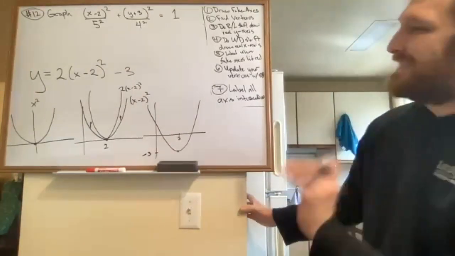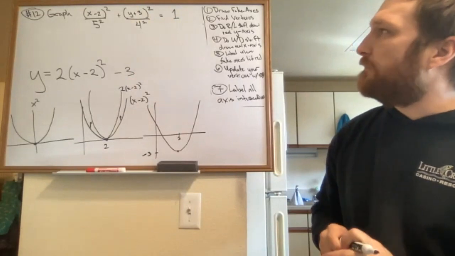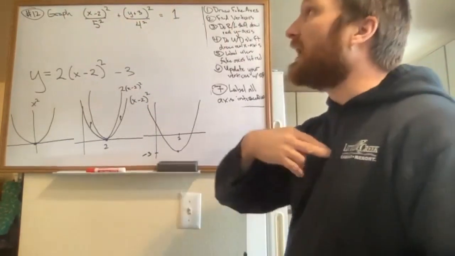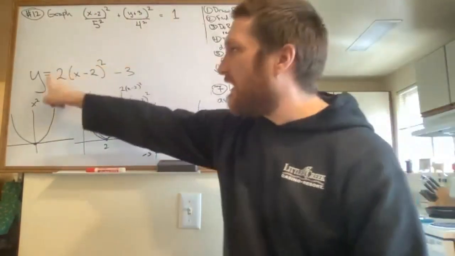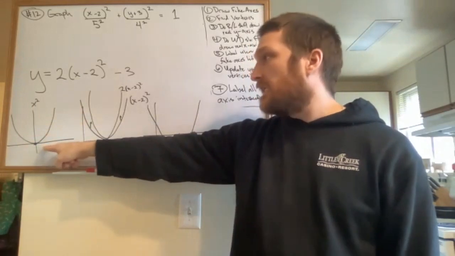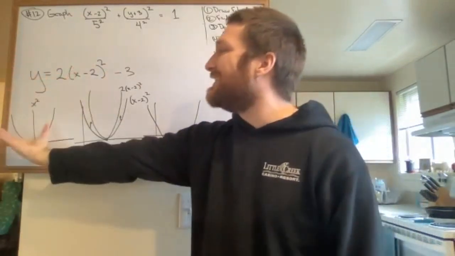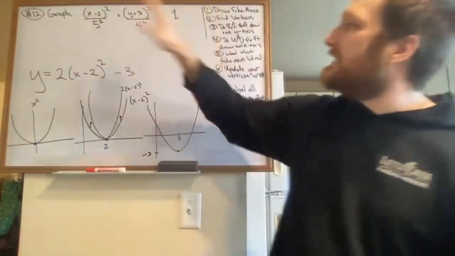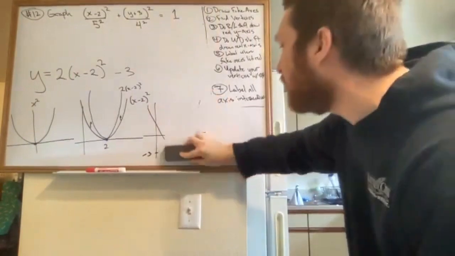So, okay. We're gonna use a similar kind of reasoning with this here. We're gonna say, all right, you know what? I don't know what to do with this and this. But you know what I do know is, looking at this, I don't know what to do with that, but I know what to do with x squared. X squared is the easy thing to deal with. I could draw it. I know where it lives. I know what it looks like. And then we take the easy thing that we know about, and then we do our shifting and so on. Same kind of thing here, only instead of starting with just x squared, we're going to say,